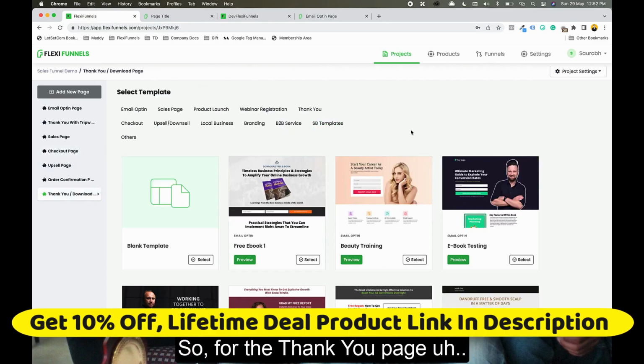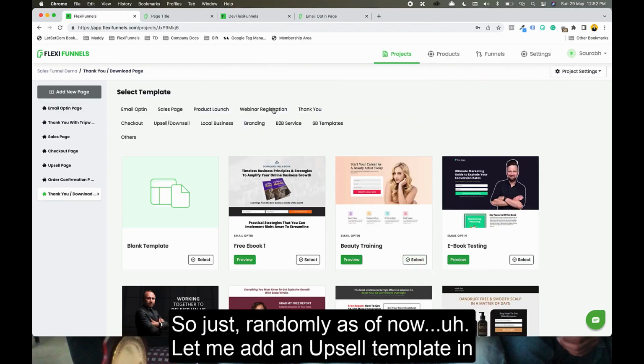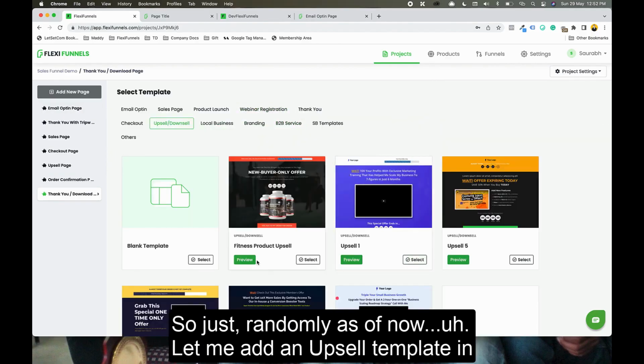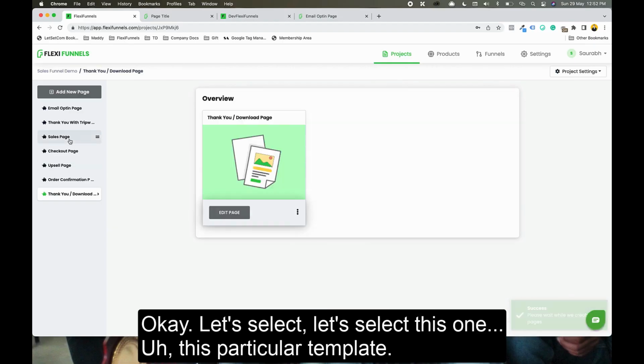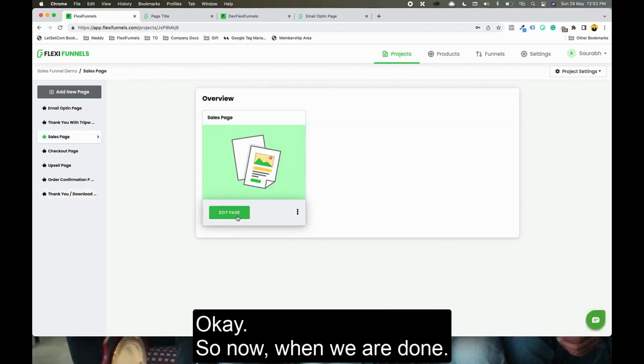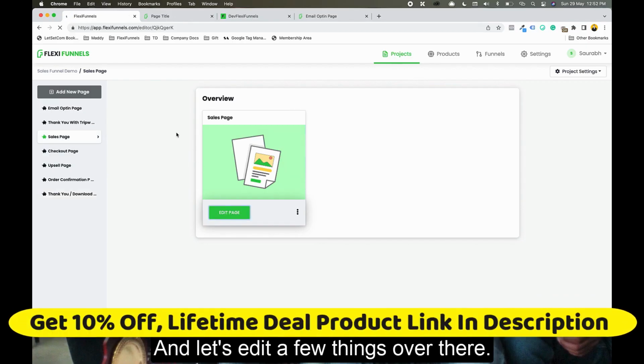Okay, so for the thank you page, we are yet to upload some of the templates of the thank you. So just randomly as of now, let me add an upsell template in thank you. Okay, let's select this particular template. Now when we are done, let's go back to the sales page and let's edit a few things